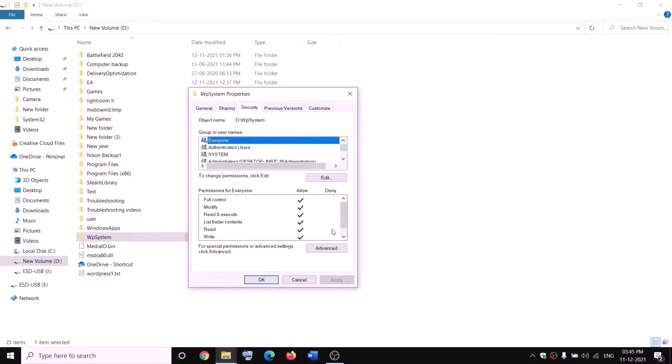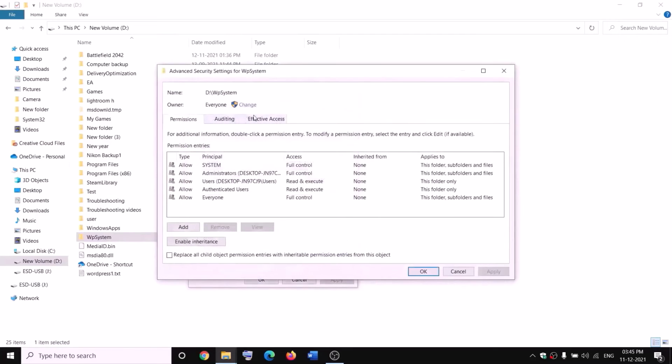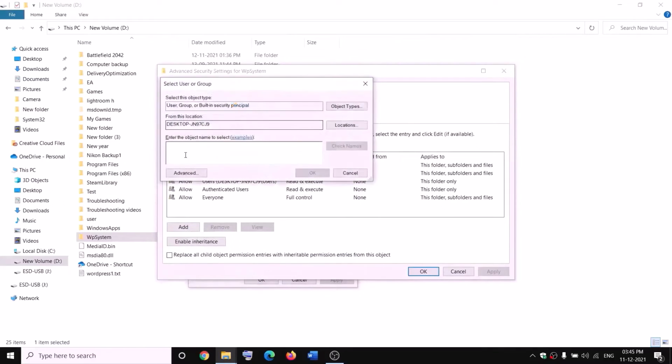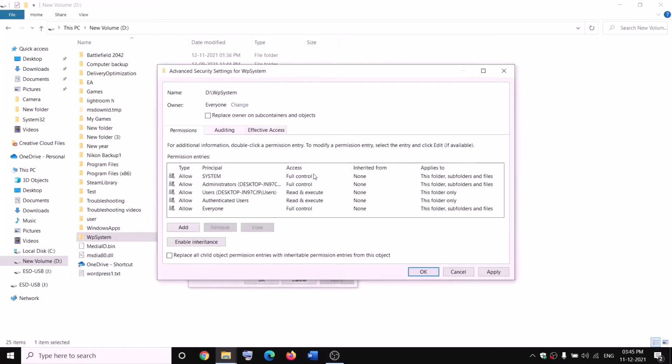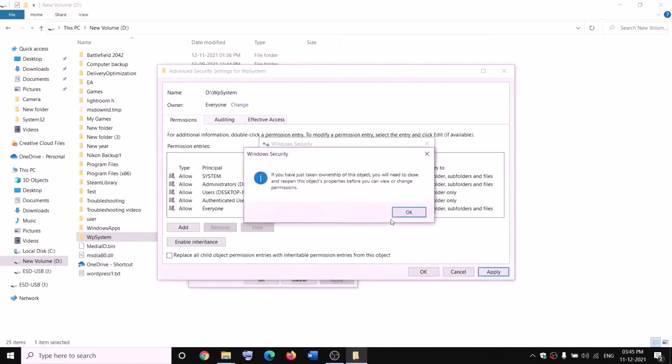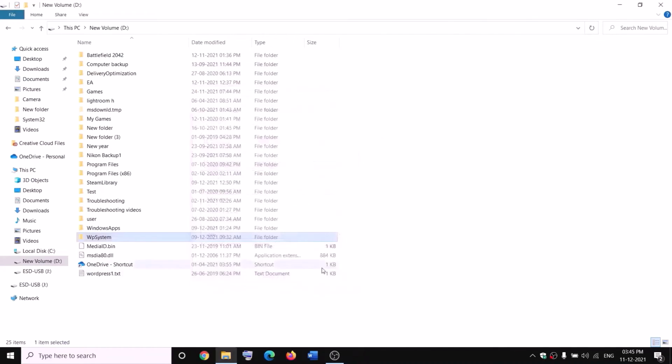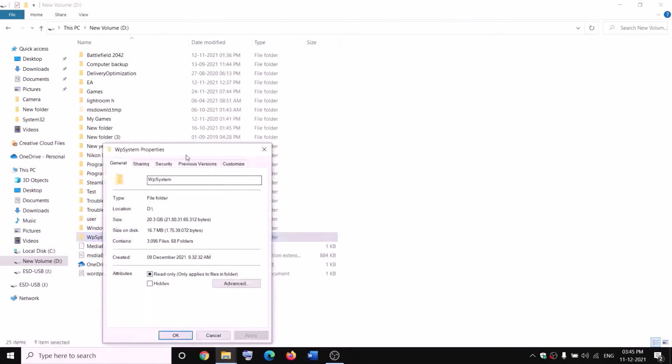So go to security tab and then click on advanced. Now click on change over here and then type in everyone over here, and then click on check names, then click on OK. Now put a check on the box which says replace owner on subcontainers and objects, and then click on apply, OK, OK, OK, and then again make a right click on WP system folder, select properties once again,